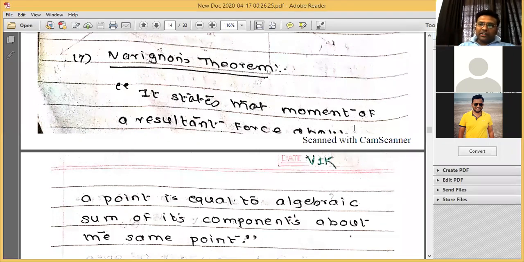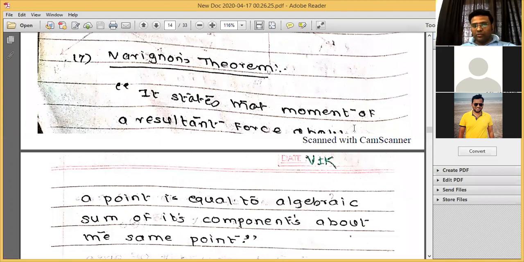For a concurrent force system, the resultant will pass through the point of concurrency. For a parallel force system and generalized force system, you are expected to calculate the direction of that resultant and where it will act, and that answer will be given by